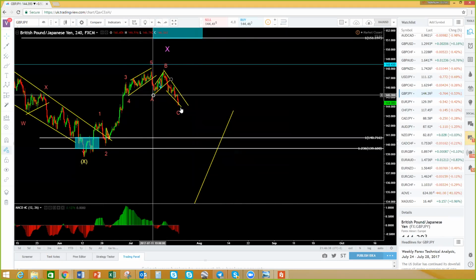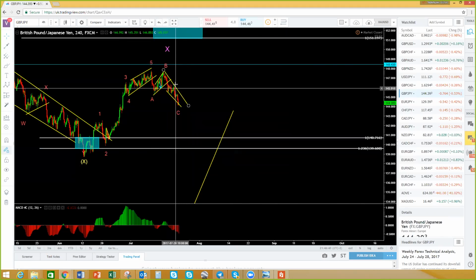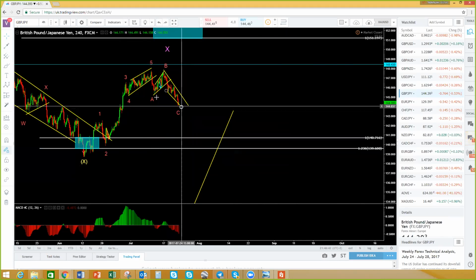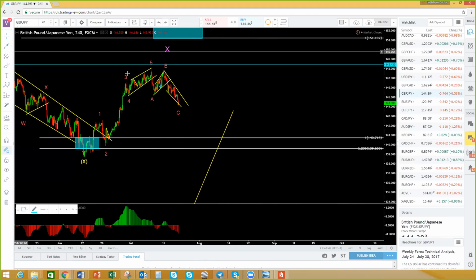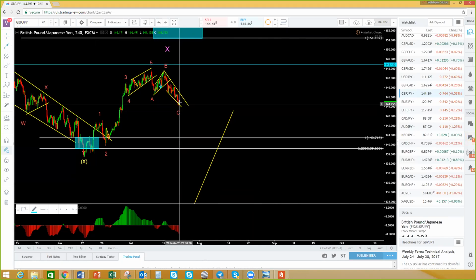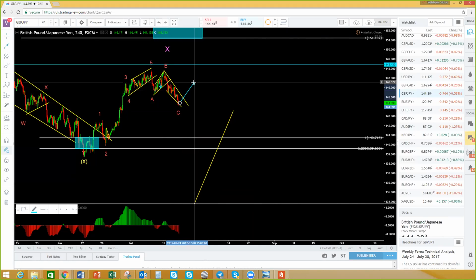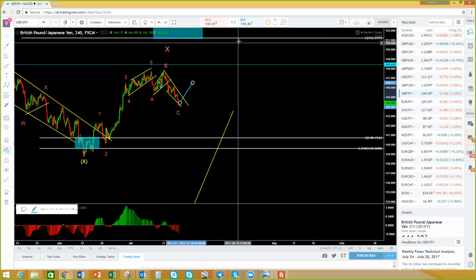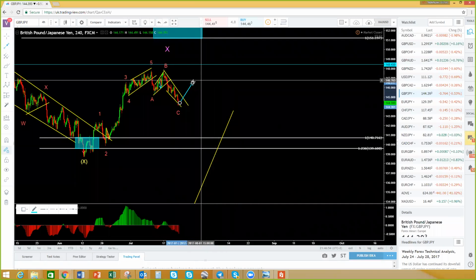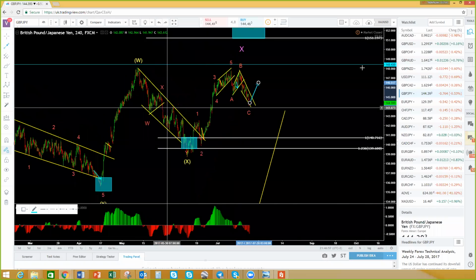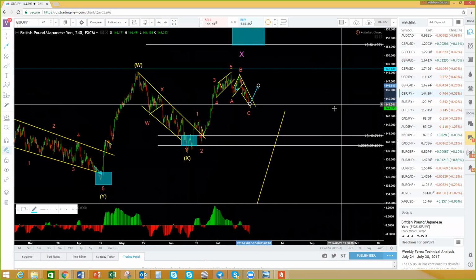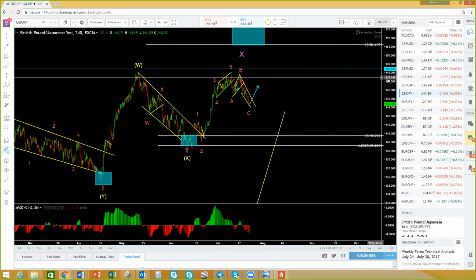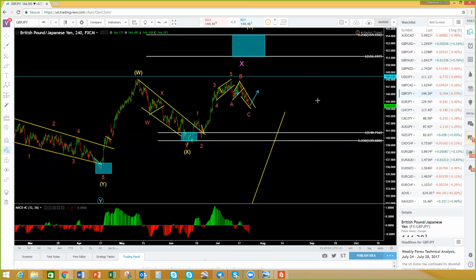Right, so we've got this ABC. I believe that this one looks like an ending diagonal. This C looks like an ending diagonal. So we could be getting a bounce here soon. I don't know if it's going to make a sub correction or if this is the end of this correction, or if it's going to carry on. But looking at the bigger picture on this chart,